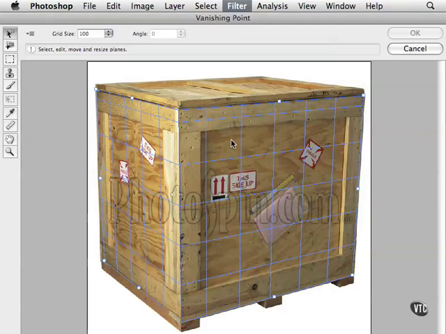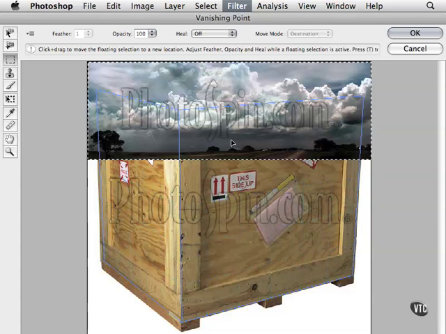Now all we have to do is paste our image. So I'm going to press Command or Control V, and here's our image. Now you would think, of course, that it would go inside the crate on its own, but we still have